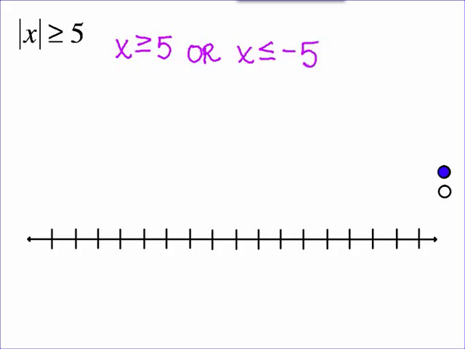So now let's see what this means, or. So first one, x is greater than or equal to 5. What type of circle? Closed circle? So some people have asked, do I always have to write down 3 number lines? Well, no, there is a way you can go about doing this. What you could do is make some jots above. So for x is greater than 5, you could do this, just to make a note for yourself. And for the next one, x is less than or equal to negative 5, you could go over here and say, okay, I know that that is shaded